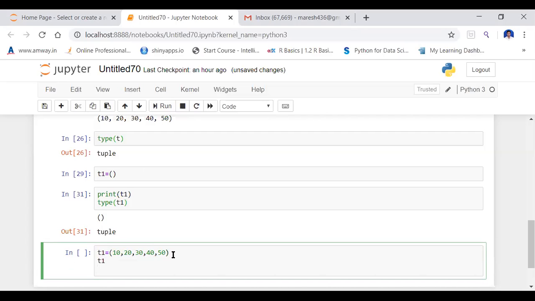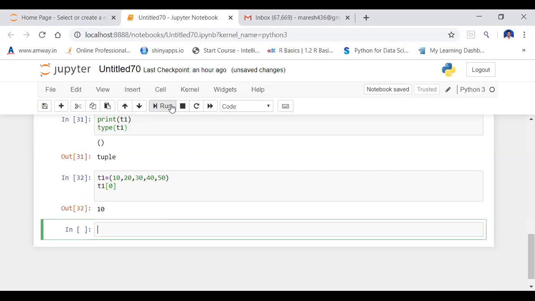If we want to access the first element, we need to supply its index value. So what is the index value of 10? 1 or 0? 0. Why 0? Python indexing starts from 0 and ends with n minus 1.